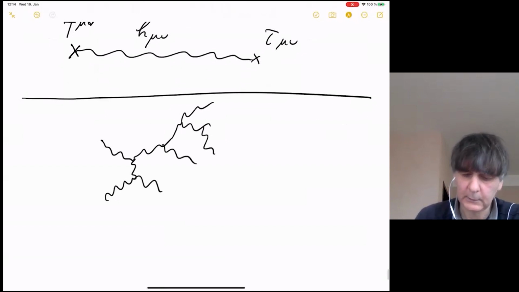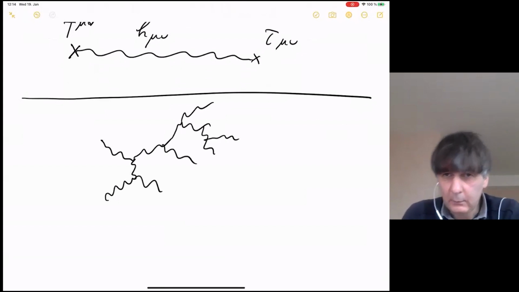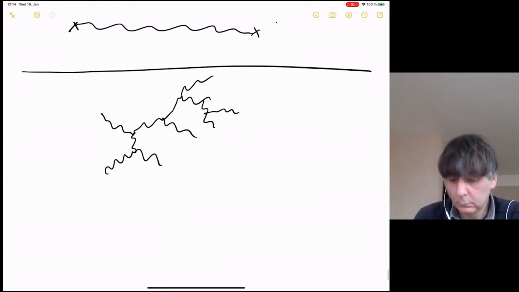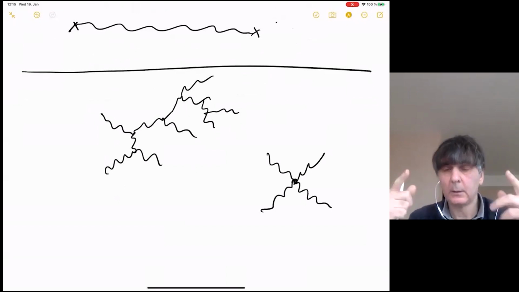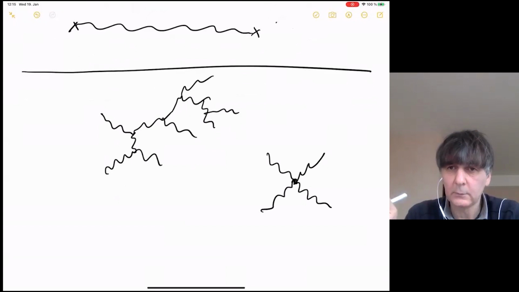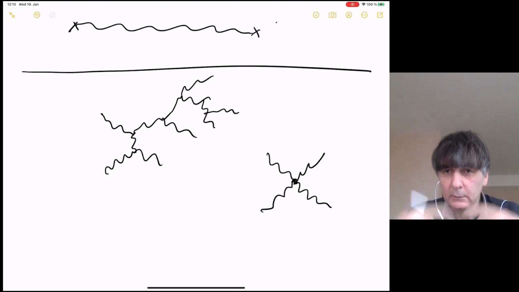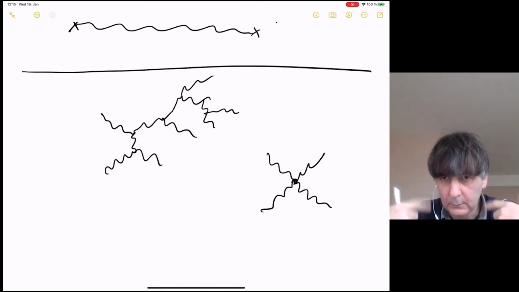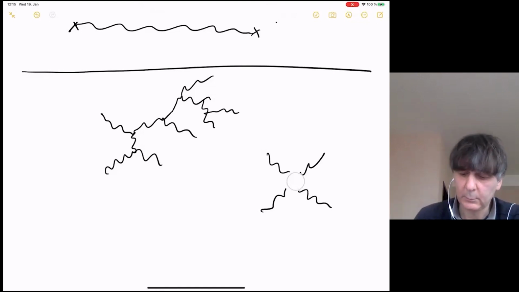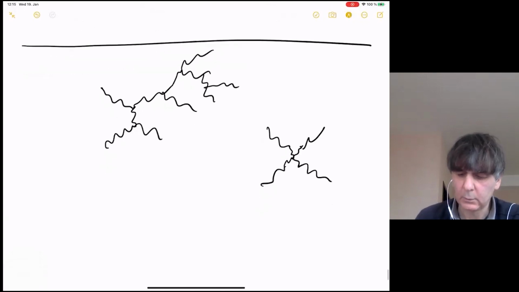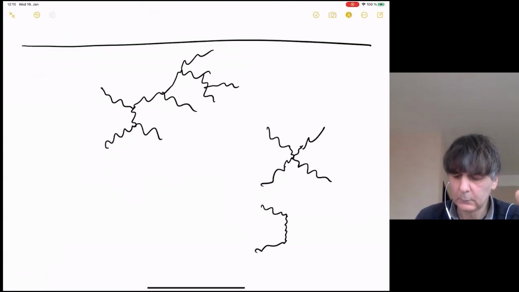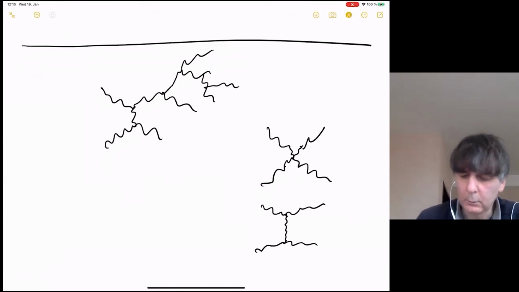All possible processes like that. This is a tree-level process, okay? Or even this, graviton scattering. This is a tree-level process. Let's say I can look at the fully fledged quantum S-matrix process in which I have 2 gravitons in the initial state, 2 gravitons in the final state, and ignore loops and compute it in the tree approximation. So for example, this will be 2-2 graviton scattering in tree approximation. There will be other diagrams that will contribute, for example, diagrams like this, and so on. All these are tree level,